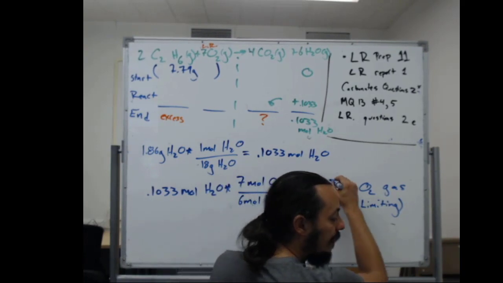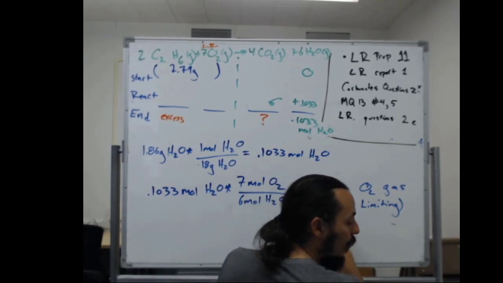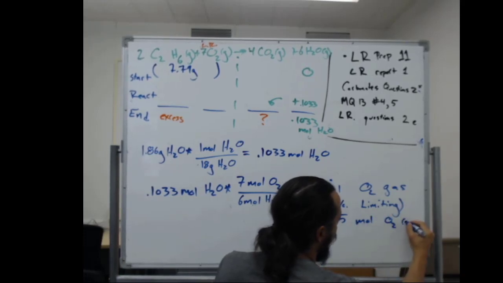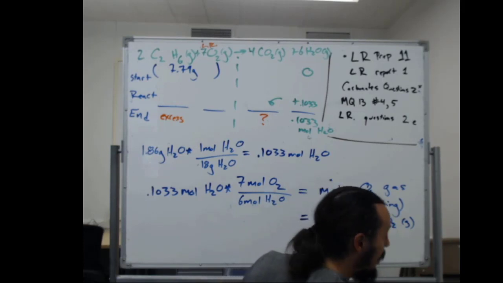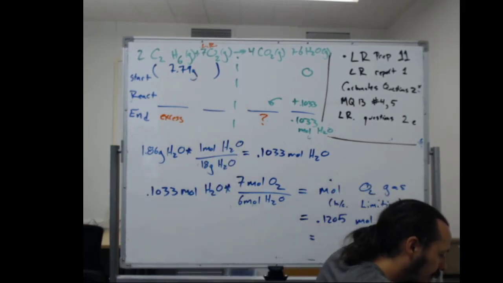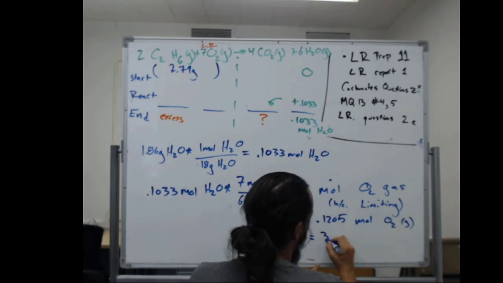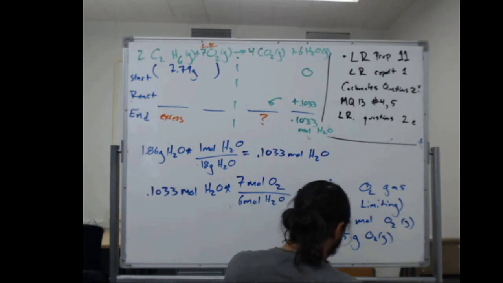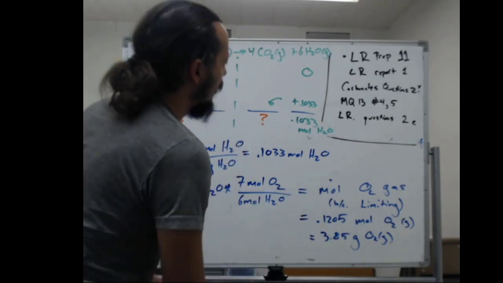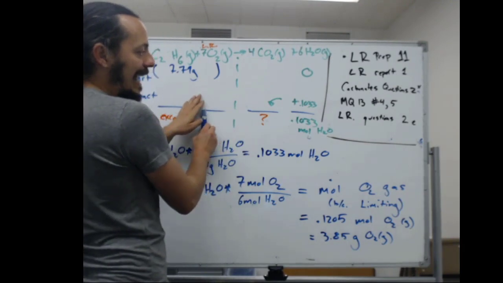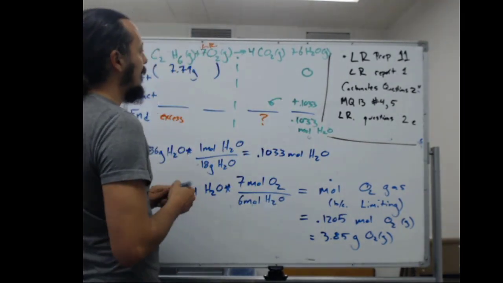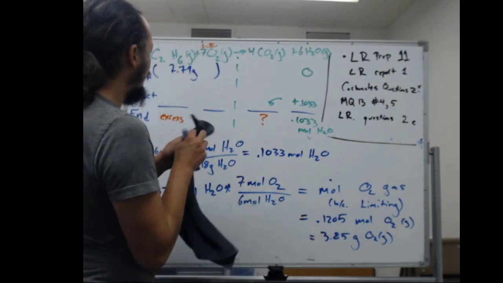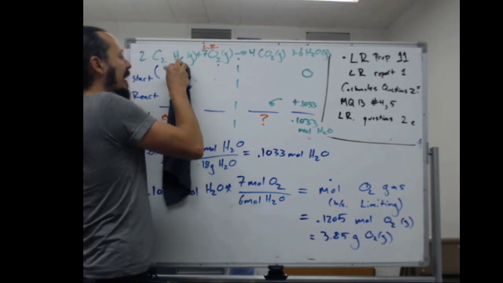That's going to give me 0.1205 moles of O2 gas, which multiplied by the molecular weight of O2 is going to be 3.85 grams O2 gas. Because of the relationship between the products and the limiting reactant, I can figure out how much O2 gas I must have had. Now we can start putting this information in, and we can turn it back into our familiar